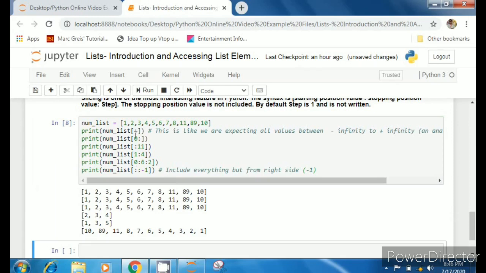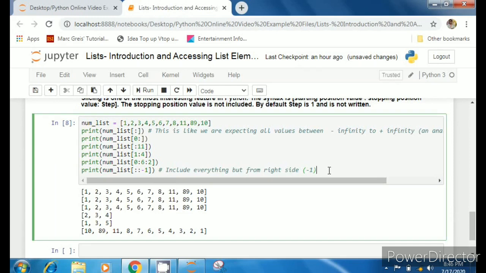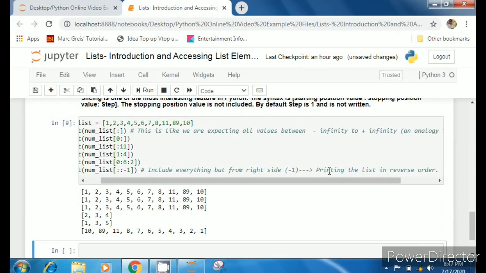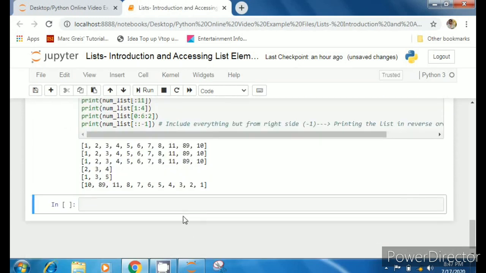So this is a shortcut operation to reverse your list. Do remember the syntax: colon, and before and after colon there is nothing written, so every list will be included, then colon, and then -1, and this -1 is written in the section of steps, so it will decrement the values. By decrementing here we mean that we are accessing the elements from right side, right to left. So this is a shortcut to print your list in reverse order.